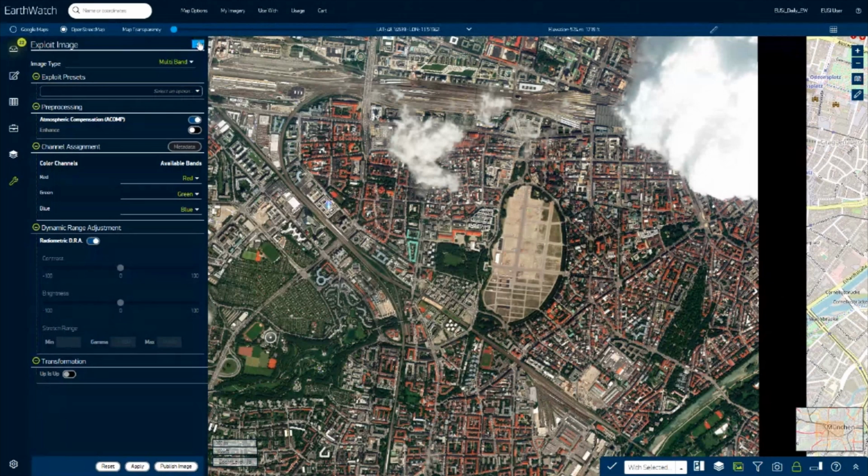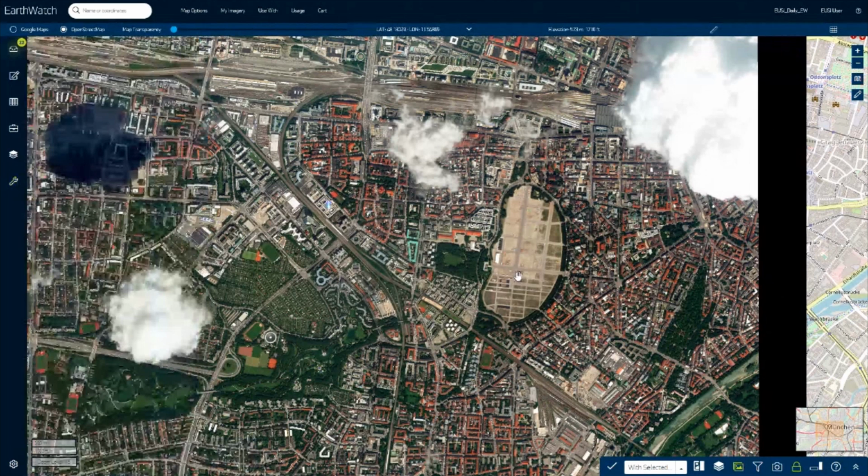Okay, let's quit exploit mode and go back to the online catalog. Additionally to the filters Arnaud has shown before, there's another way to search for imagery based on an AOI, which I quickly want to demonstrate.